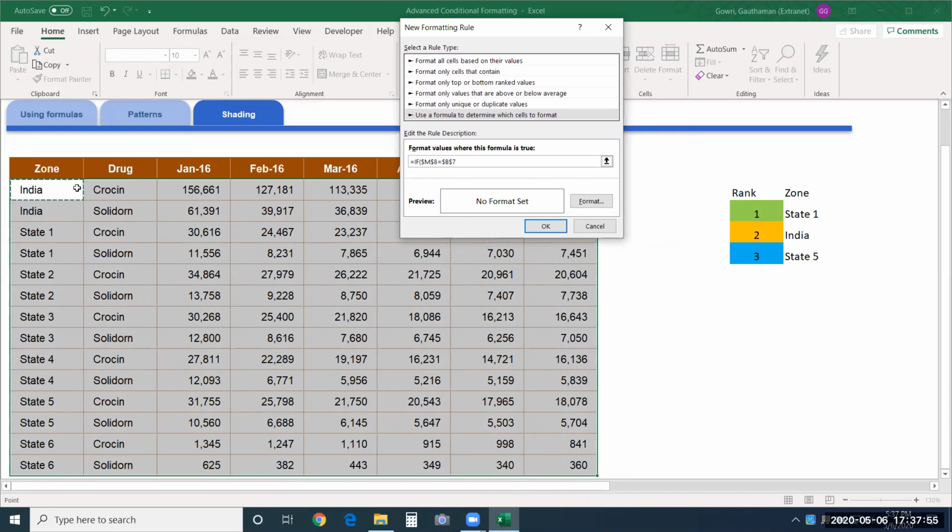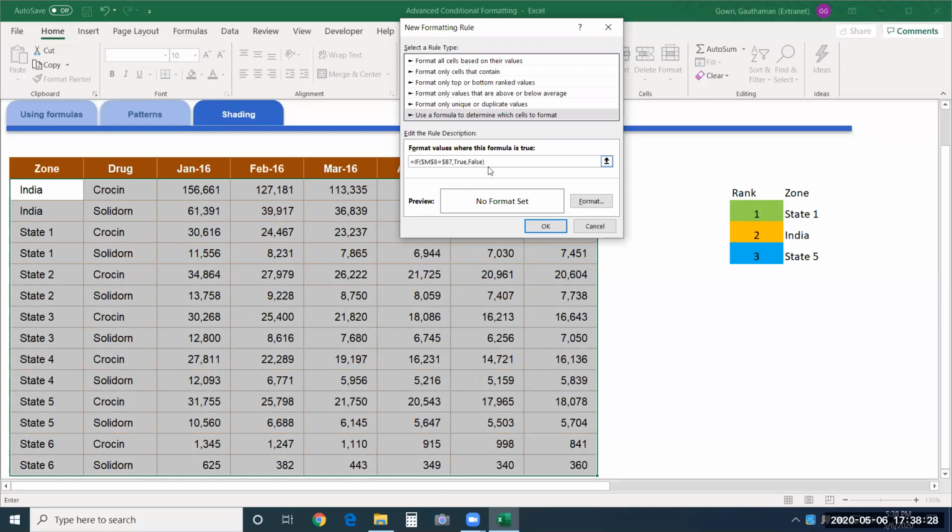And again, we have the zone names only in this column. We don't have the zone names in any other cell. So I'll keep only the column absolute. For the row, I'll remove the absolute symbol, that is the dollar, on the row reference. So if it is equal to this cell, then true is the answer that I want to provide, and if it is not equal, then it should be false.